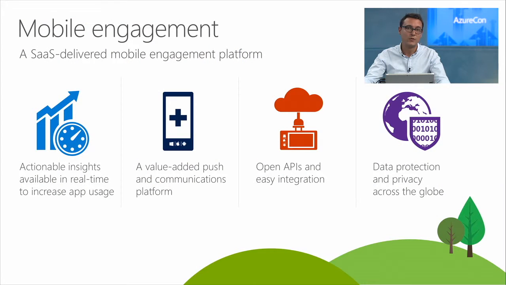So how do we do that? Mobile engagement is a SaaS platform that is going to use several types of features. The first one, analytics. So we allow you to collect a lot of data about what users are doing within your app to make sure that you understand who your users are, what they are doing within the application, so that you can segment and make sure that you engage and talk with users from specific segments with similar usages.